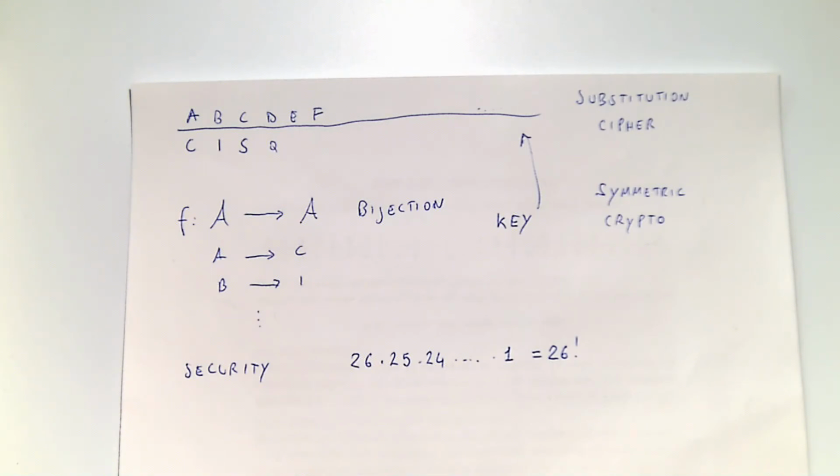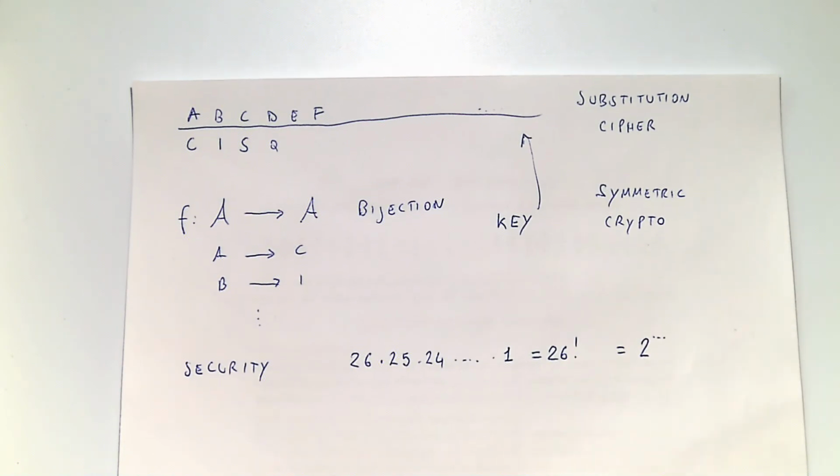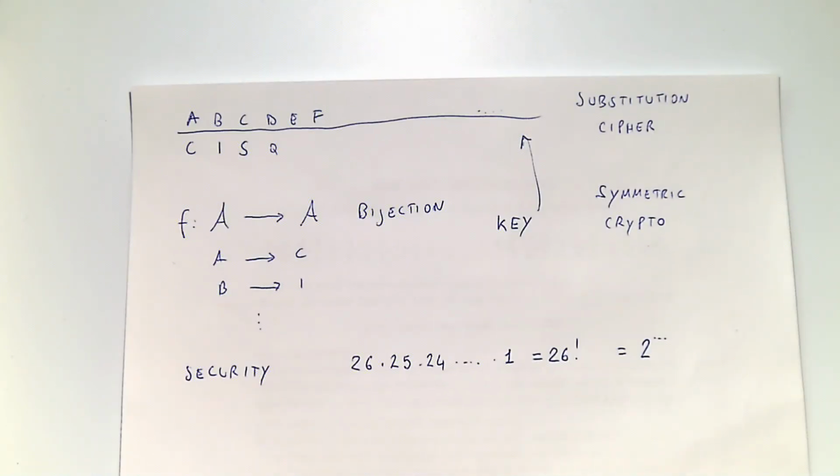When we look at numbers, we use logarithms traditionally, in the sense that we look at what is the number, because the numbers are so big, yes? So 26 factorial is huge. So I just want to know, in base 2, for example, this is 2 to the power of, right? And so if you compute the logarithm in base 2,